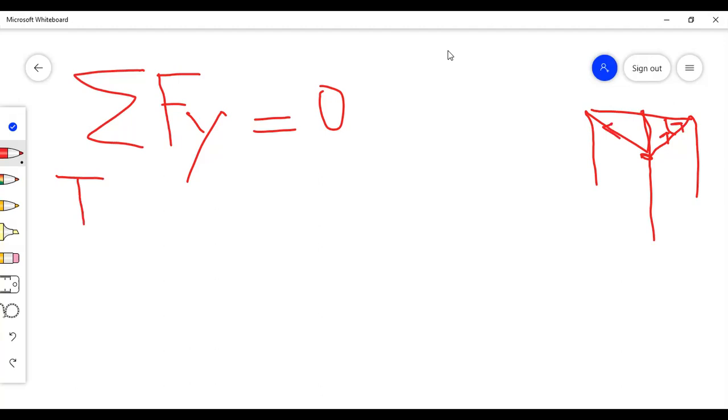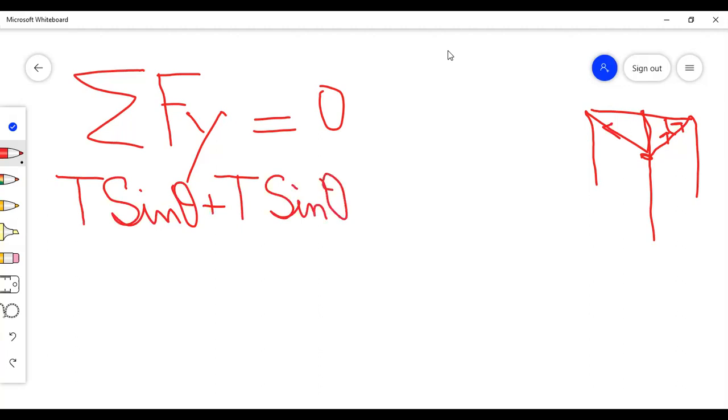So T sine theta, because only the vertical component is under consideration, plus, on the right hand side also, the tension is the same, and sine of the angle, that is sine theta. So these are the upward tensions in the string. Only the weight of the bag is downward. So as we know that weight is